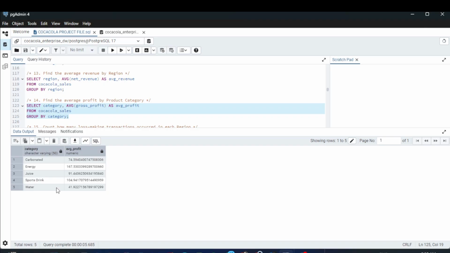So now we want to find the transaction where revenue is above. So Monster is the one that has the highest revenue. So now you say identify the product with the highest total revenue. So Monster is the answer. Next, find the transaction where revenue is above the company average. So transaction